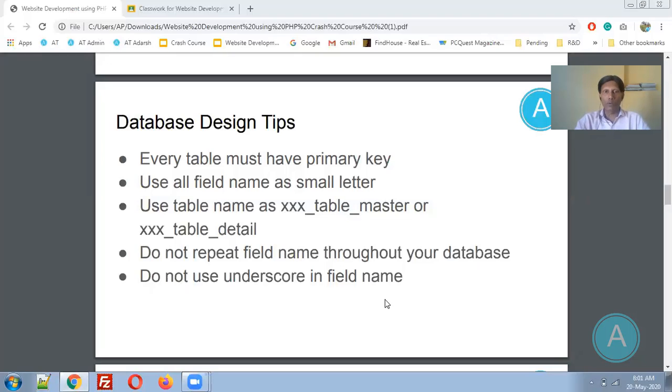And last point, do not use underscore in a field name, because underscore is one kind of speed breaker from my point of view, because underscore sits at the numerical position, which is too far from the shift key. So it is wasting our time. In the case of the table name, you have to use the underscore, but in the case of the field name, you are not supposed to use it. In special cases, you can use it. So these are the database design tips. These tips remain the same throughout the particular databases. Now let's implement one particular database.